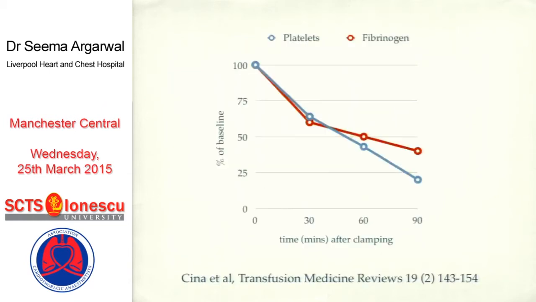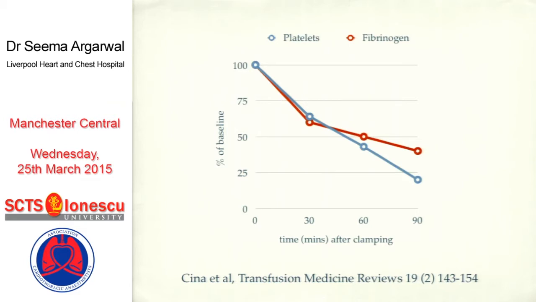This is some data from a dog model, where the poor dogs were put to sleep, opened up, and just had their supraceliac aorta clamped. Nothing else happened to them. And it was found that very soon after clamping the supraceliac aorta, the platelet level fell and continued to fall every 30 minutes. They checked the levels from 100% of baseline down to about 25% of baseline after 90 minutes